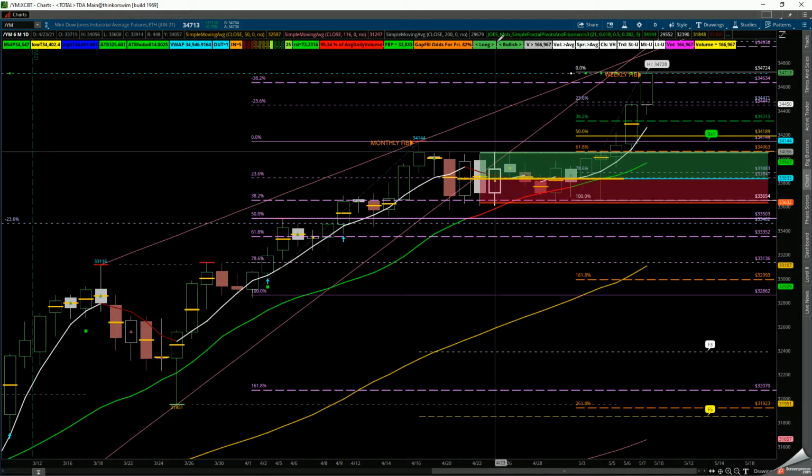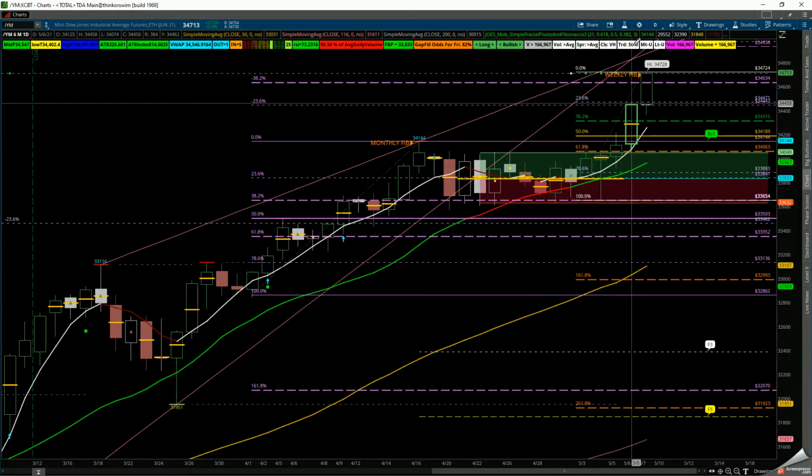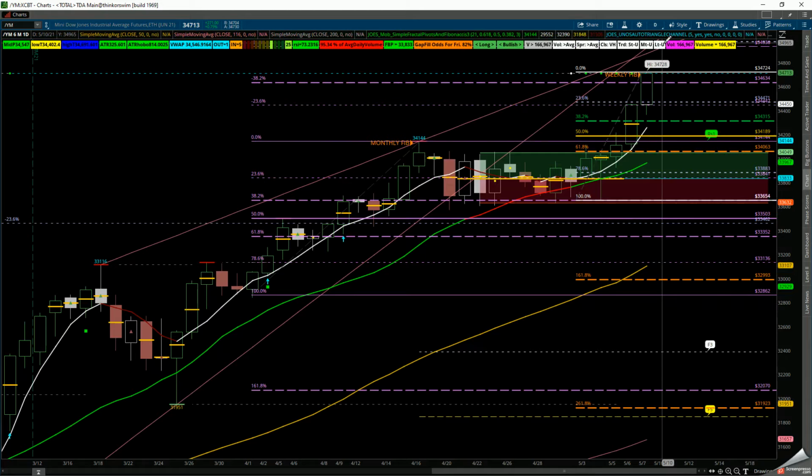This is the Dow. And you can see it says long bullish. The sentiment on the short term, up, midterm, and long term. And this is our volume yesterday on the daily bar. Let's take a look at the